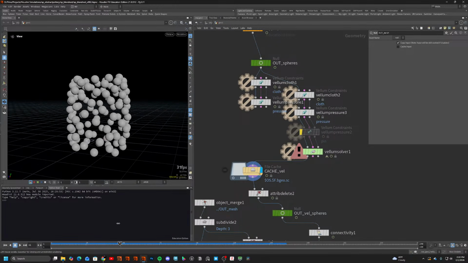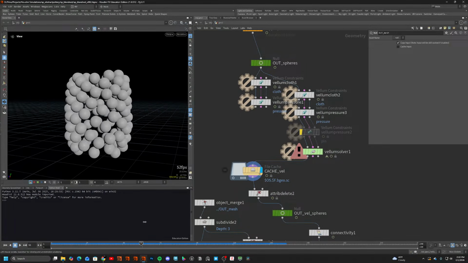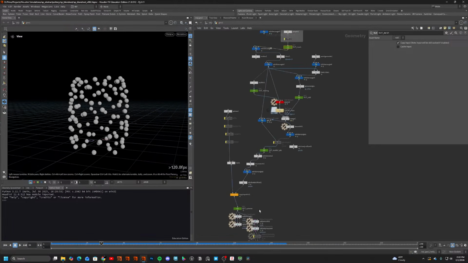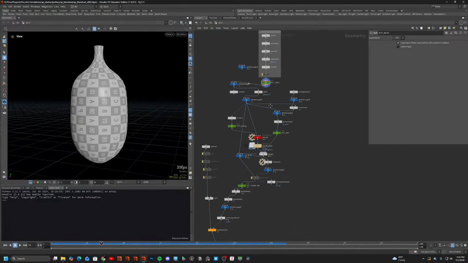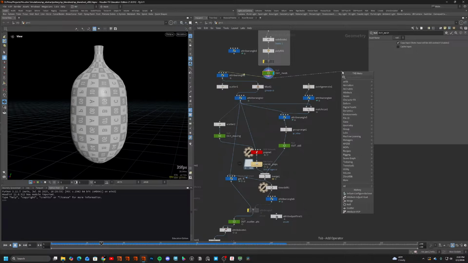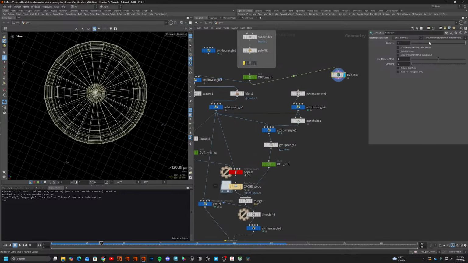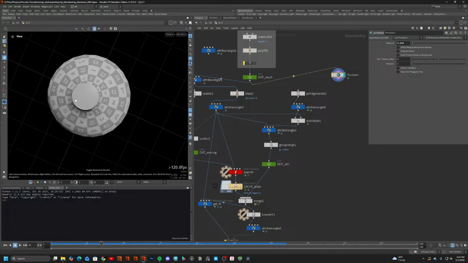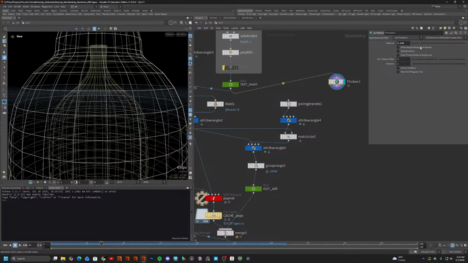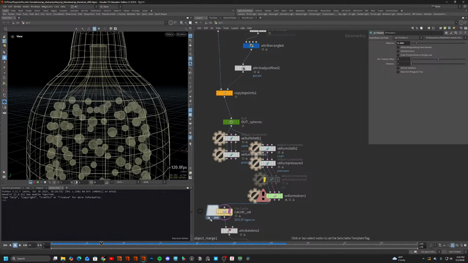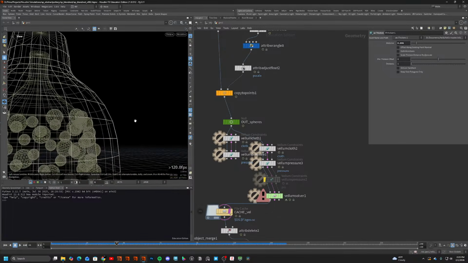Ah yeah, what I can do is make them collide with my mesh, but my mesh is, wait, I need to thicken it. Let's see. Okay, so now